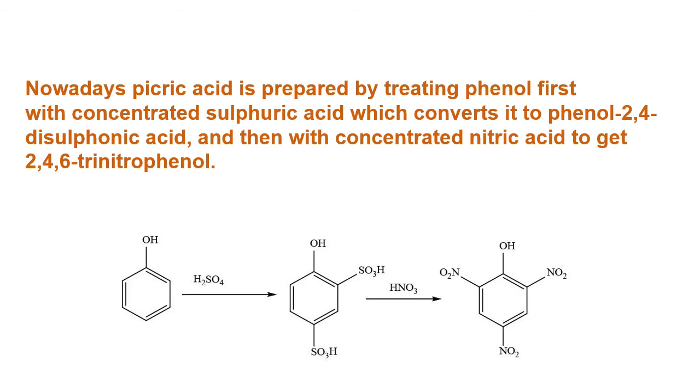So always we go for the simple, cheap, easy, convenient method. That's why here first phenol is converted into a benzene sulfonic acid type of product, where ortho and para are blocked. When the ortho and para are blocked by some activating group, that is removed easily by the HNO3. By giving the NO2 group from the HNO3, that NO2 group fixes on both ortho and the para, and ultimately we get 2,4,6 trinitrophenol, that is picric acid. So a variety of methods are available. Only thing is which is best for us in an industry, we have to select, so that the economic factor is maintained. Then we sell in the market with a good profit.